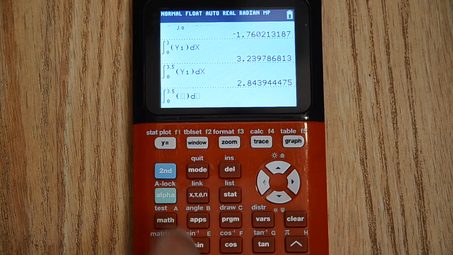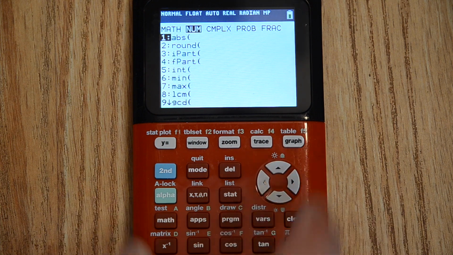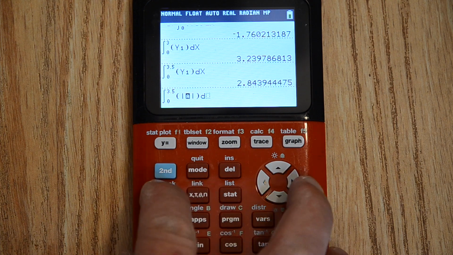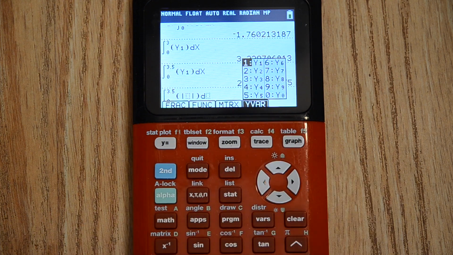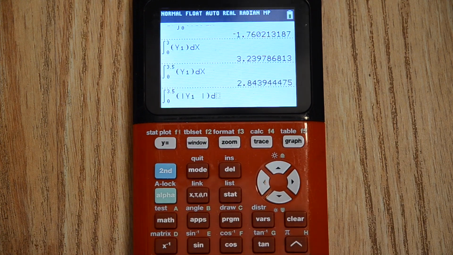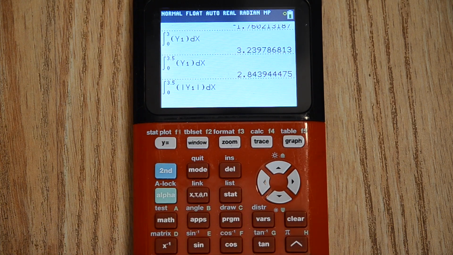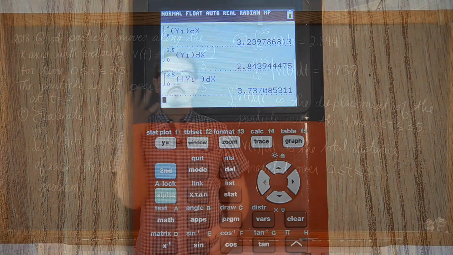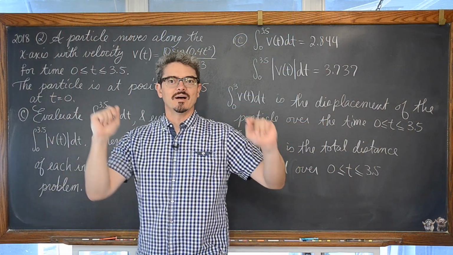Now, for the absolute value, we're going to go to math, number, and select absolute value, and there's probably another way of finding that there. And the function, again, we have stored in the first position, alpha trace to pull up that menu, integrating, at least how it's typed in the calculator, with respect to x. And there is our total distance traveled, hopefully coming up right there. It takes a little bit longer for those absolute value integrals. Part 4, or D, coming up right now.